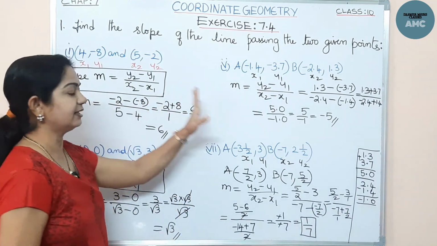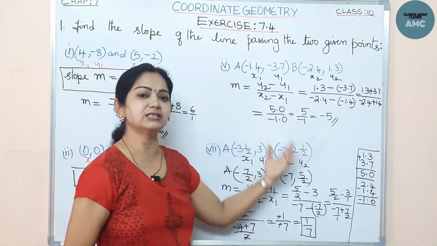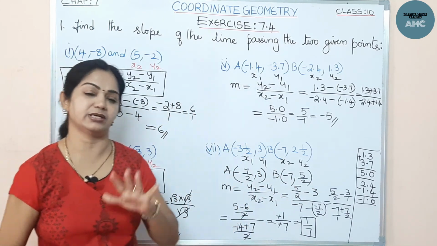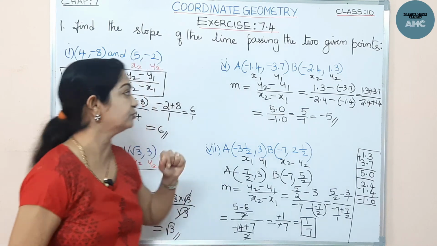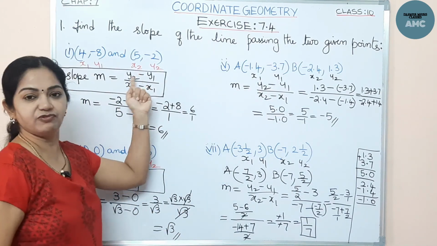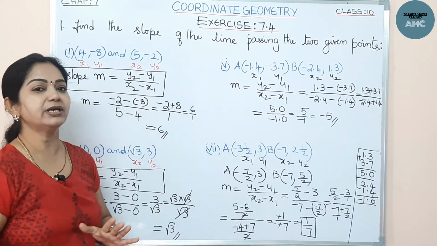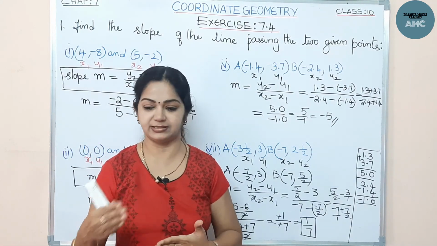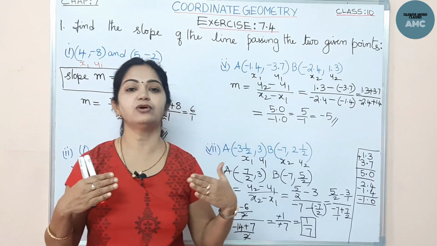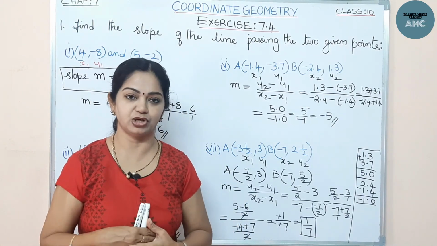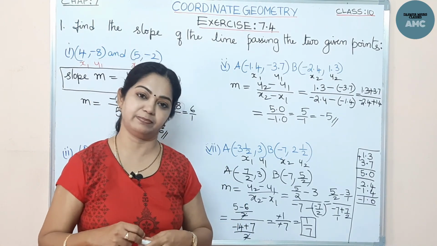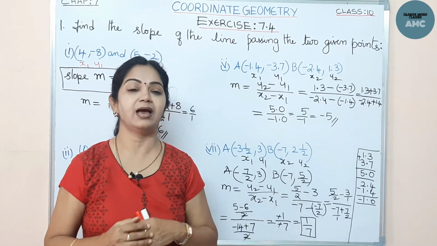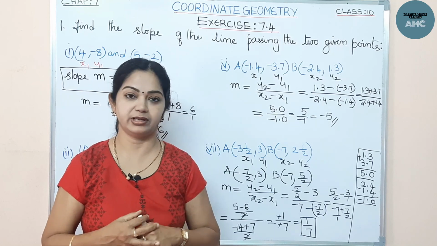So we can calculate any points, whether it is decimals, whether it is mixed fractions, whether it is 0, everything, any 2 points, we can calculate the slope using the formula change in y by change in x. So today we have completed the slope concept, we have completed the exercise also, and the total of the coordinate geometry, the 7 parts we have completed. Now those who have not watched all those parts, please do watch them and be perfect in the coordinate geometry.